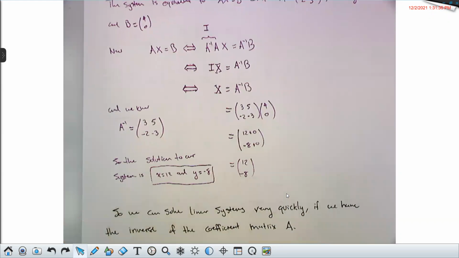That's kind of the big take home, right? We've seen many different ways to solve linear systems. You can use substitution in some cases. You can use elimination in all cases. You can rewrite the system as an augmented matrix and use row operations to get that into triangular form and